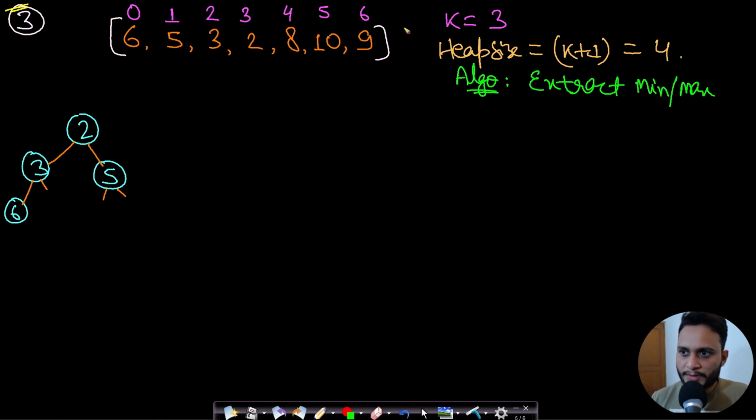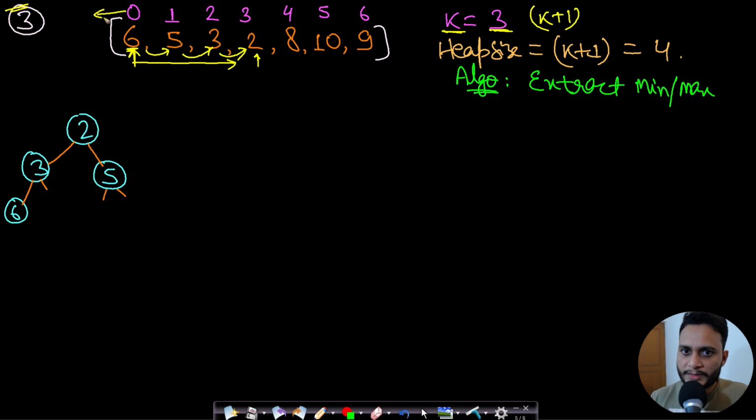Now what we will do is, k value is equal to 3. So if you consider this first element, let's say this is 6, how many indices can it move to the right? It can move only 3 jumps. So this is 1 jump, 2 jump and 3 jump. So 3 jumps means this current element can be at this current index or it can be at maximum this index 3. So when we are talking about k equals 3, then a given element can be at k plus 1 positions, if you consider this current index as well.